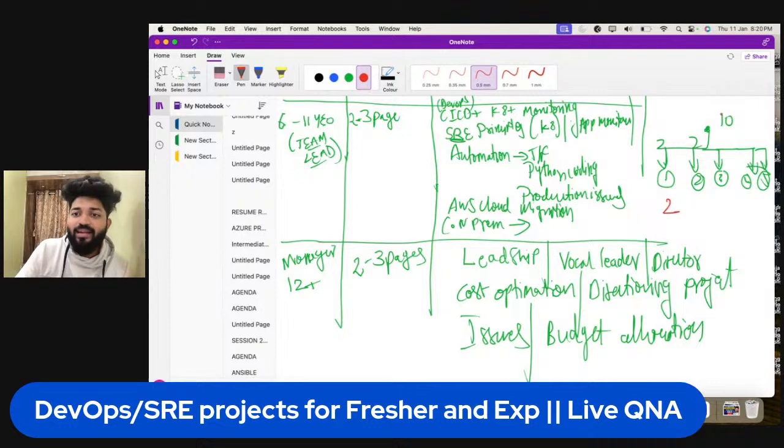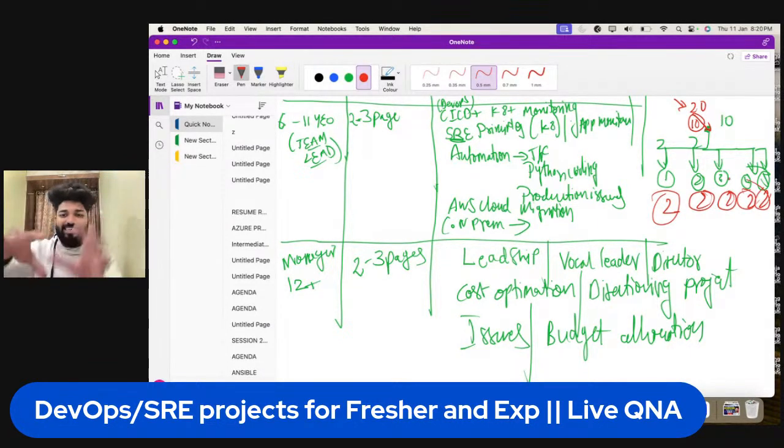And probably the manager would have got 20 rupees, 10 rupees he will keep with him, and the remaining 10 rupees he will distribute, 2 2 2 2. Am I making sense? This is how you need to understand budget allocation when you go to higher levels. At the same time, you can keep some of the projects which are taken from here. Obviously you have to keep it.